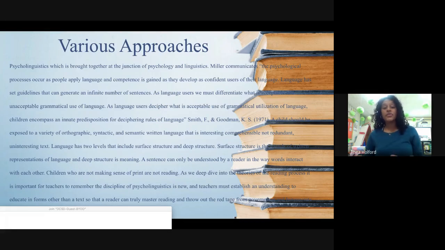As language users decipher what is acceptable use of a grammatical utilization of language, children encompass an innate predisposition for deciphering rules of language. So a child should be exposed to a variety of orthographic, syntax, and semantic written language that is interesting, comprehensible, not redundant, uninteresting text. Language has two levels that include surface structure and deep structure. Surface structure is,